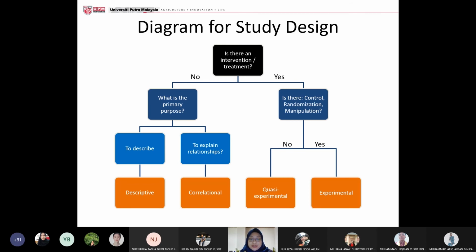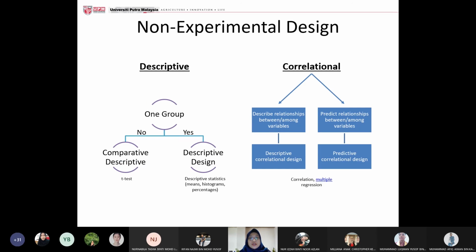It depends on your instruments: how you are measuring, how you are collecting data, and how you analyze them. That really determines whether it's quantitative or qualitative. So for descriptive, remember just now, if you just want to describe a situation, and you have